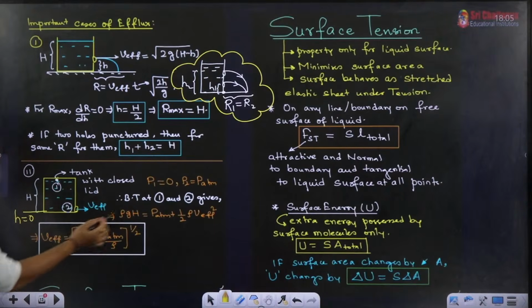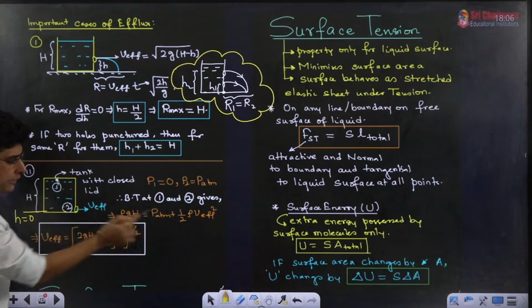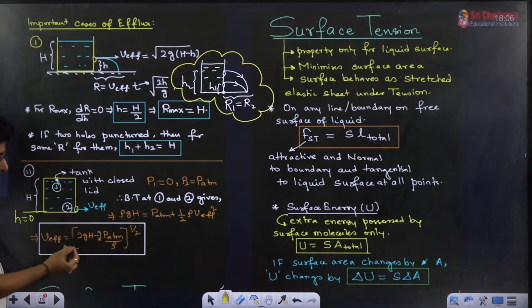suppose I take the ground level as h equals 0. At point 1 I will write pressure is 0, the large area means half rho v square is also 0, and only rho gh remains. At point 2, it is on the base, so no rho gh, but half rho v efflux square and pressure P atmosphere. We write this equation, and we get V efflux as